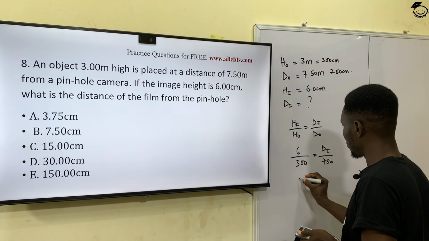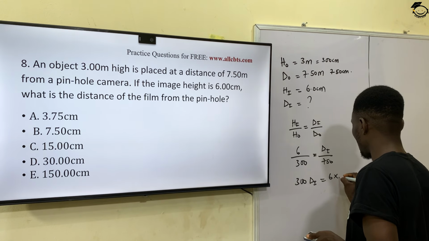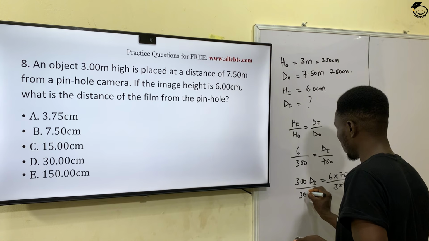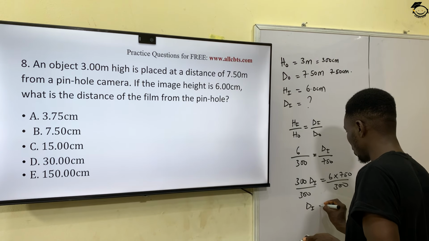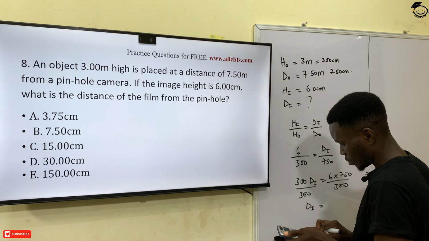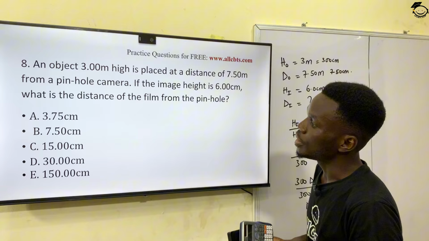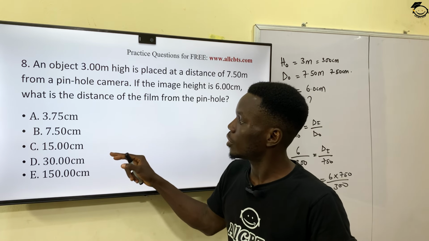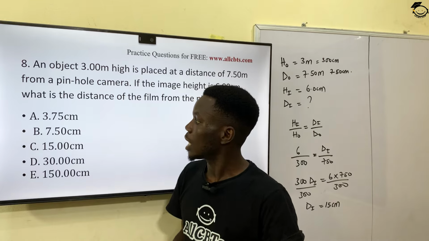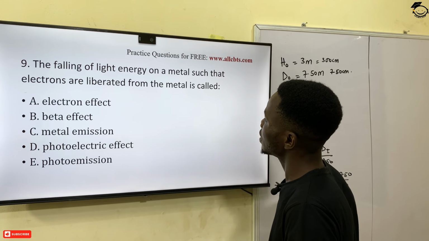So that will give me 300 times image distance is equal to 6 times 750. Divide both sides by 300. This means that my image distance will be equal to 15 centimeters. It means that the image distance in this particular pinhole camera is going to be 15 centimeters. That's option C. So that takes us to question number 9, which says, the falling of light energy on a